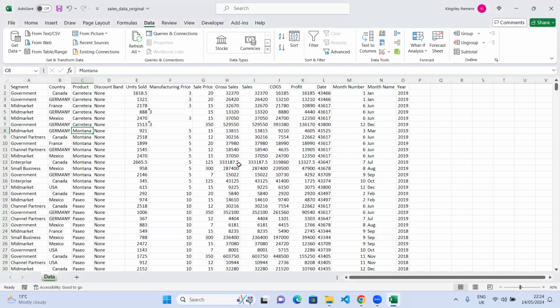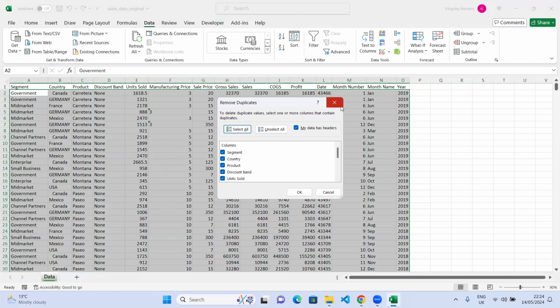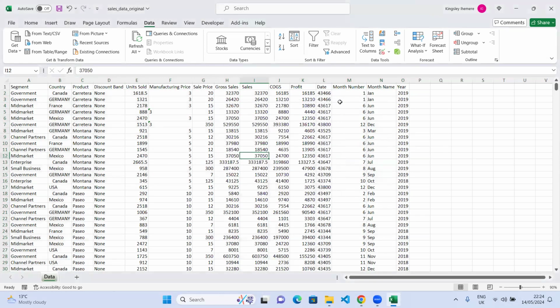Sorry, Kingsley. So how did it know that it's a duplicate? That's Excel. These functions have been written. All you just need to do is click here, click there, and it will do the calculation for you. Is it going to remove something that is important? No, it's going to remove only duplicates. That's what the function does. Trust Excel, right, except if you need the duplicates. Okay, so